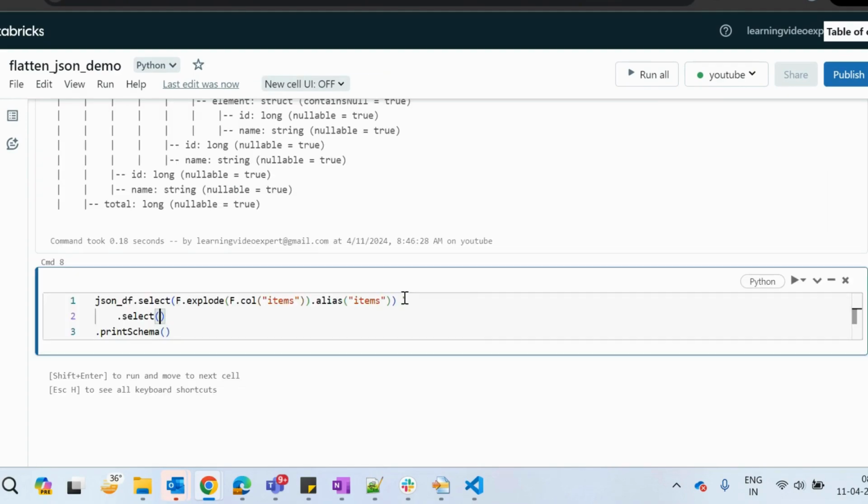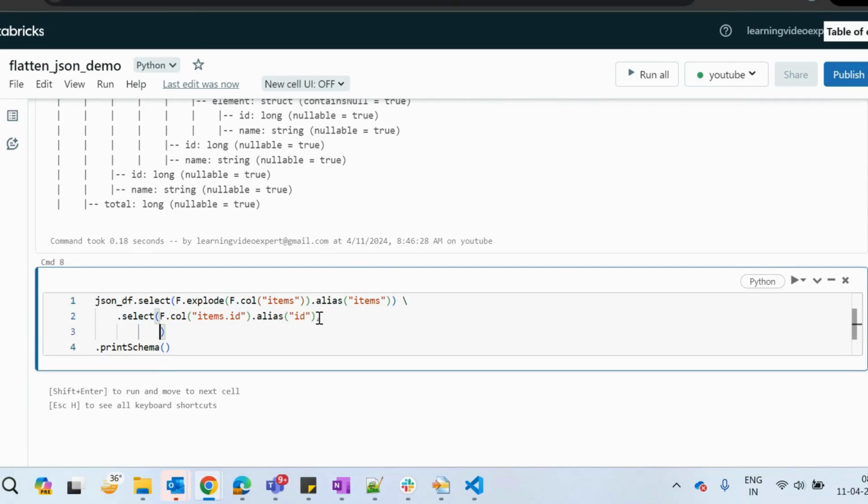So let's go ahead and get my element called product version from my items. Okay, so let's go ahead and first select few columns and select my items. From the items, I will select my ID, and let me alias this as ID. Now I will go ahead and select my product version.